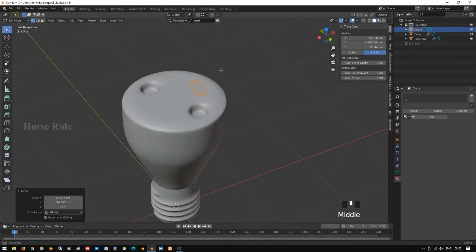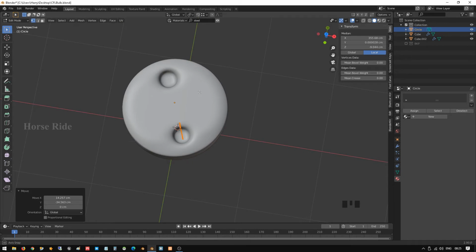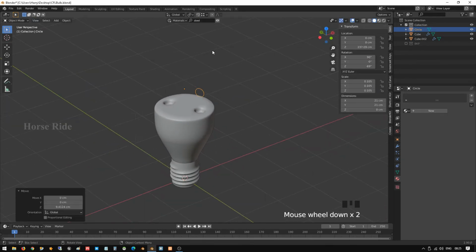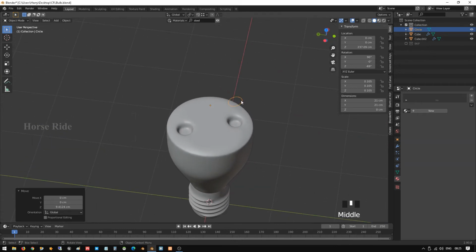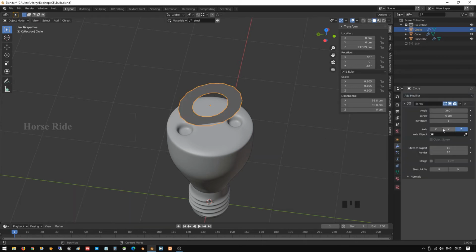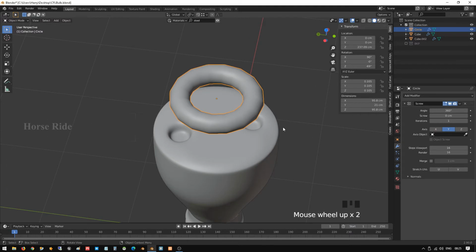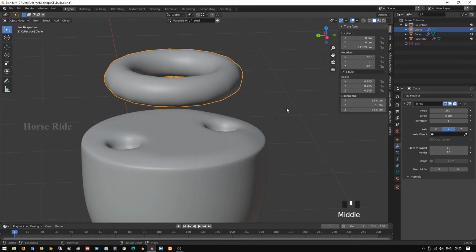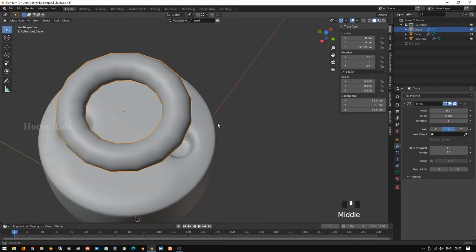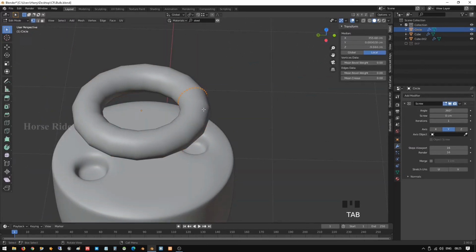And G Z, let me move a little bit up. Okay, after doing this, go to the screw modifier and create a screw on the Y axis. Now it's created, and you can view this, and I think it's a little big. I think go to edit mode and press S to scale.